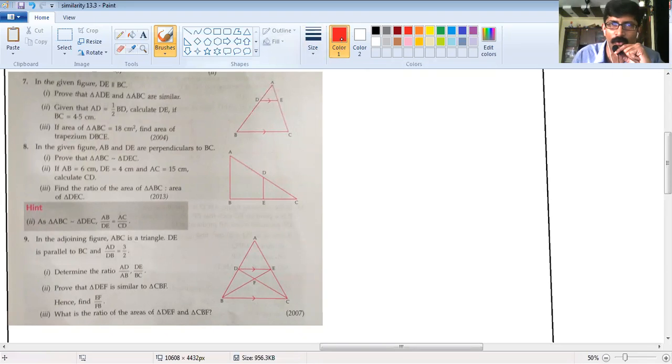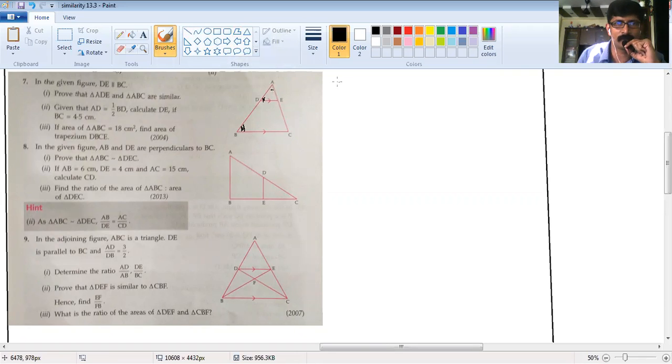Very simple, because let me just show you why. Look at this. This angle A is equal to angle A. It's common in triangle ADE and triangle ABC. And triangle ADE's angle D and triangle ABC's angle B, they are equal angles, isn't it? Why are these two angles equal? Because these two lines DE and BC are parallel. So this angle D and angle B become corresponding angles. So corresponding angles are always equal. So by AA test, these two triangles ADE and ABC are similar by AA test.